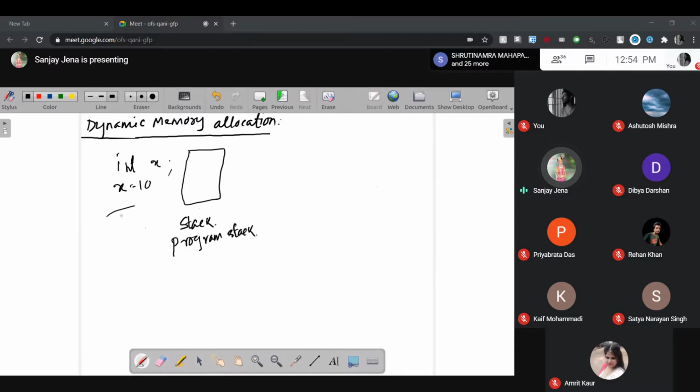And all the allocations are static. As soon as you write x, it will be allocated. This is the beginning address, and this is the end address. Let it be for 4 bytes. This is the beginning address, and this will be the end address, and the gap is 4 bytes, and the rest of the things are there.